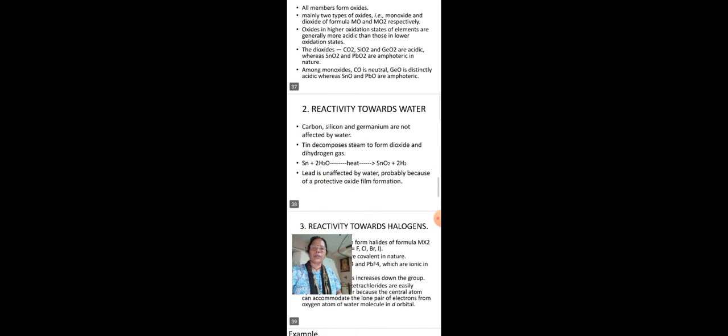They form hydroxides. Carbon, silicon and germanium do not react with water. Tin decomposes steam to form dioxide and dihydrogen gas, and lead is unaffected by water, probably because of a protective oxide film formation. Halogen